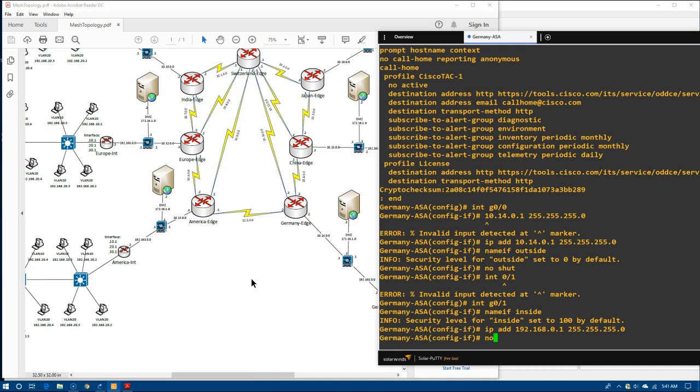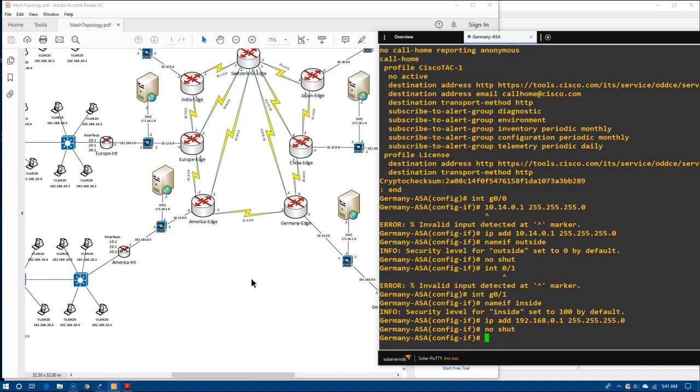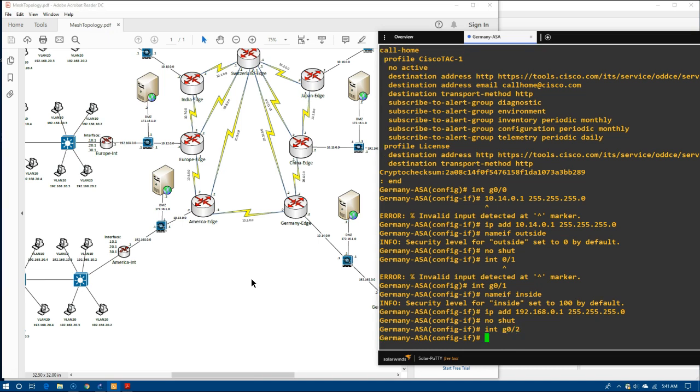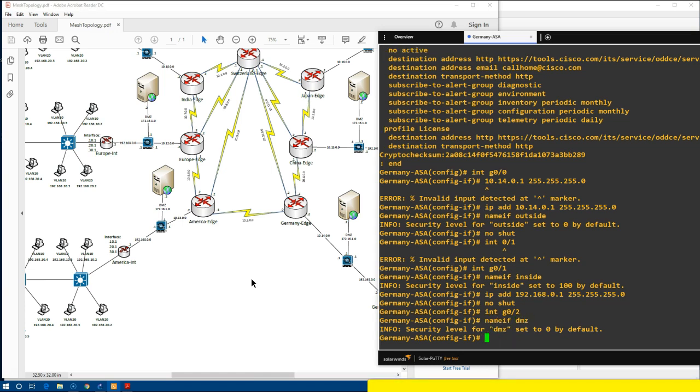And we'll do no shut on that one. And we're going to do G0/2. Name it DMZ. Now you'll notice that the security level is set to 0 by default, but we actually do